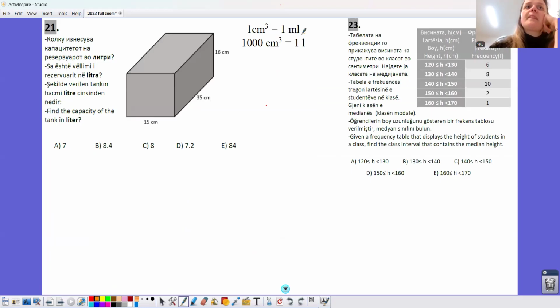Now, the 21st one says find the capacity of the tank in liters. When it says capacity, we are talking about the volume of the given shape. Here the 3D shape, the prism, is given in centimeters, but the answer is asked in liters. So we know that 1 liter,